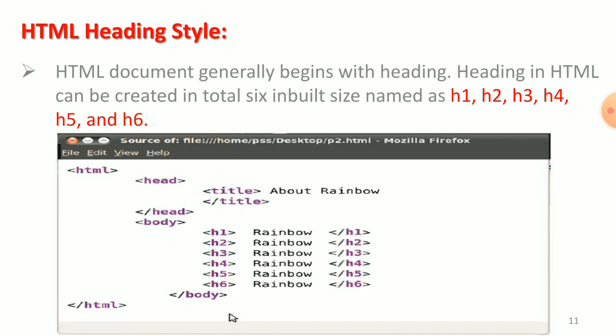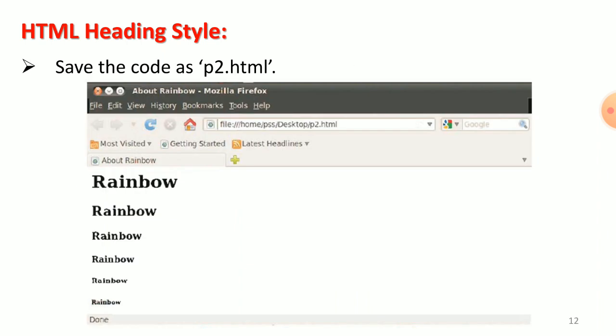And then you also save the file with the file name p2.html, and after that open a web browser and press Control plus O, otherwise click the File menu and then Open. You will see an open file dialog box.